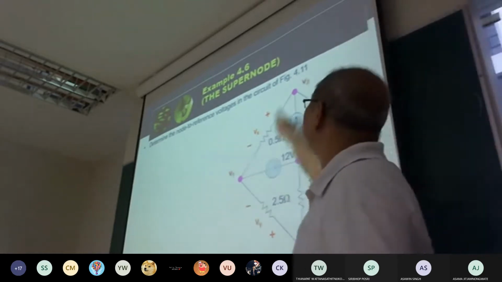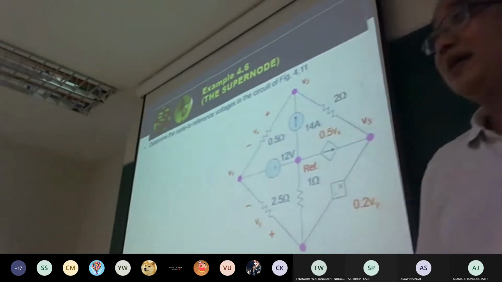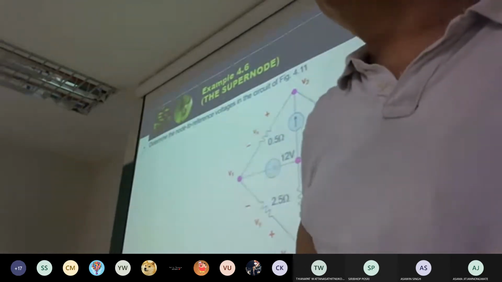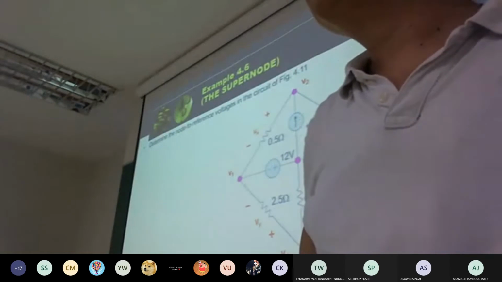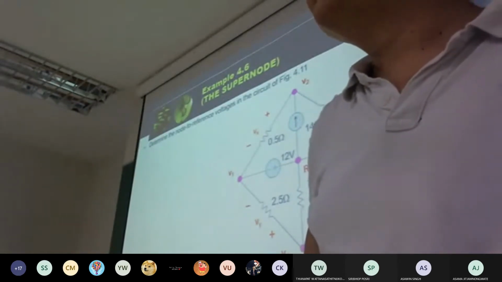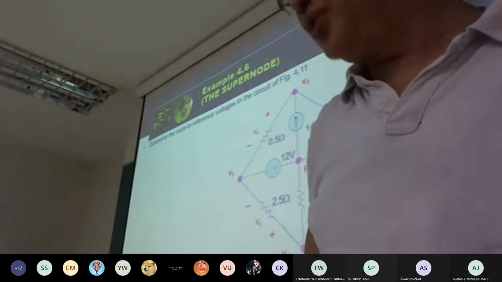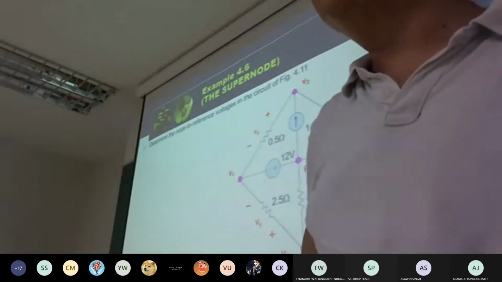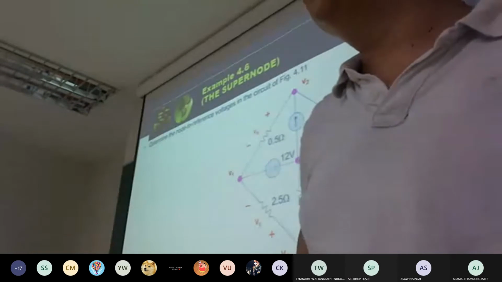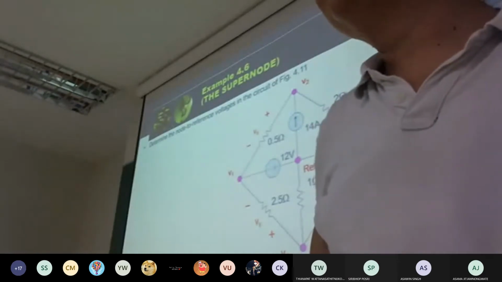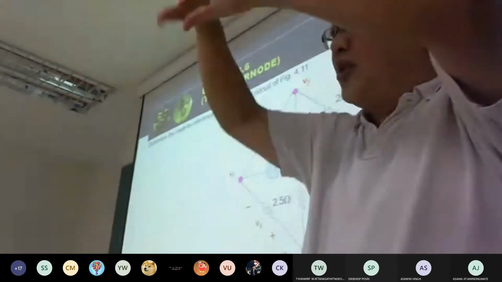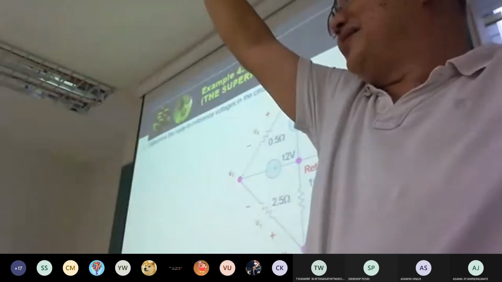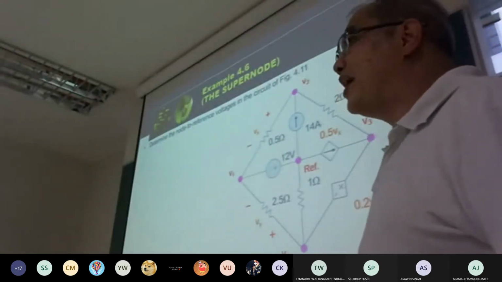And you set V1, V2, V3, V4. Before we apply KCL, you must check first: how many voltage sources do we have? 2, right? You must count them for all dependent and independent sources. 2 voltage sources, how many supernodes do you require? 2, yes. Except in some special cases, maybe the supernodes will be merged into a very big one.